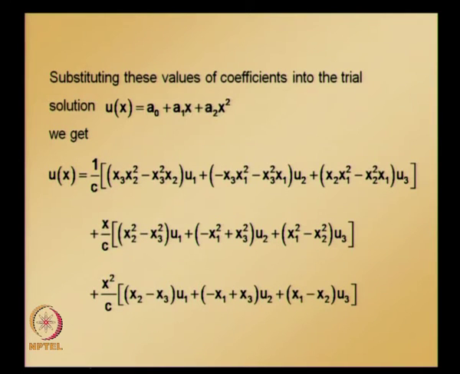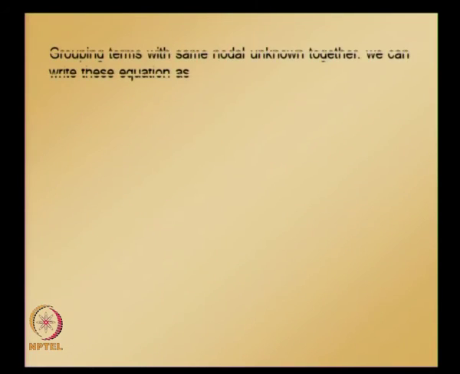Grouping terms with same nodal unknown together, we can write the previous equation in this form: u is equal to n1 u1, n2 u2 and n3 u3,